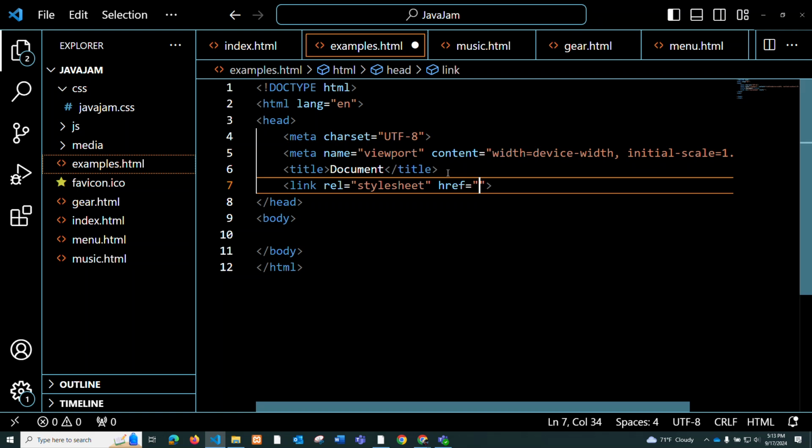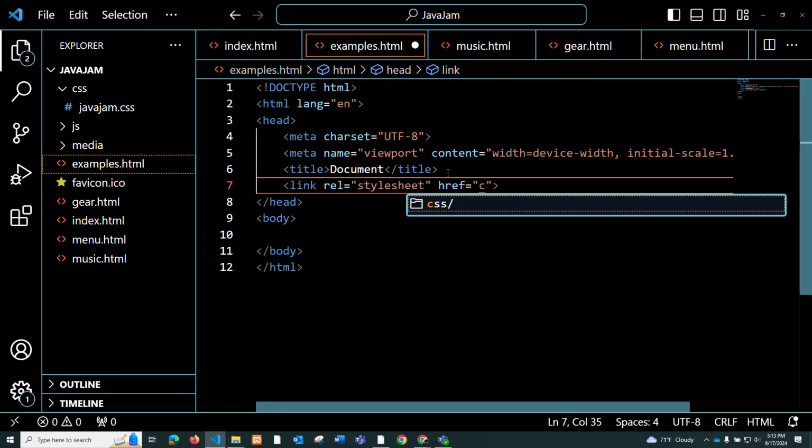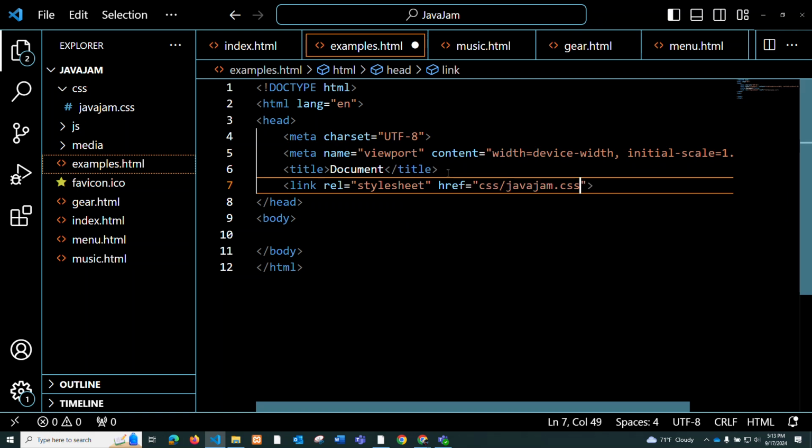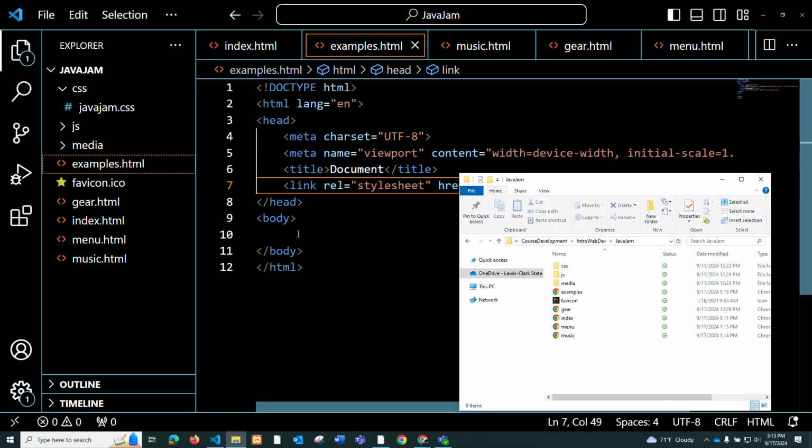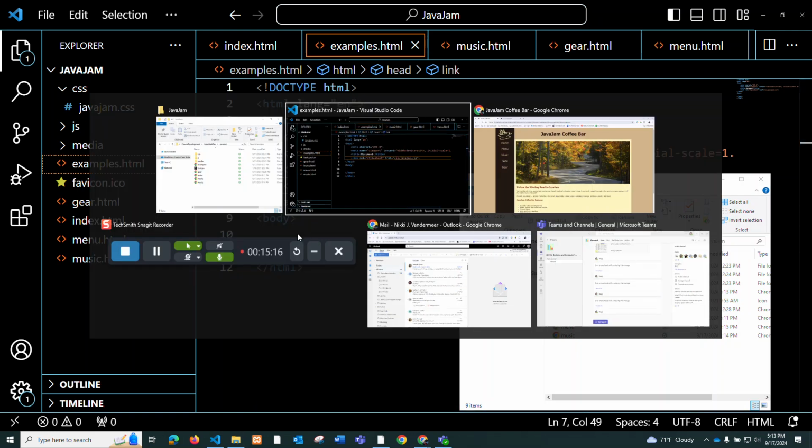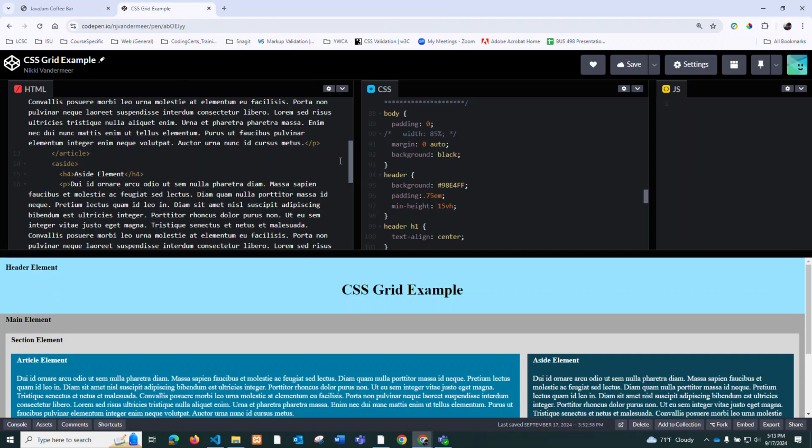I'm going to start typing link. And then the rel equals stylesheet just identifies that this is the style sheet for the web page. And then of course we have to use our subdirectory and then the name of the file, and I can save that. And then if I were to pull in content from, let's say, the CodePen example,